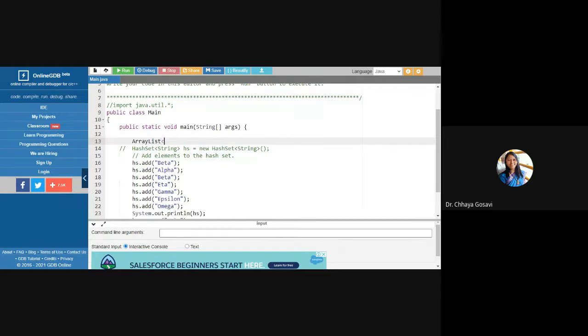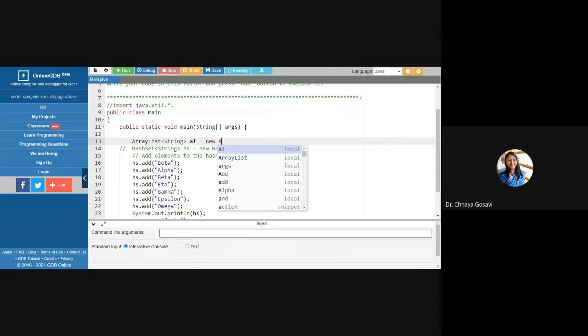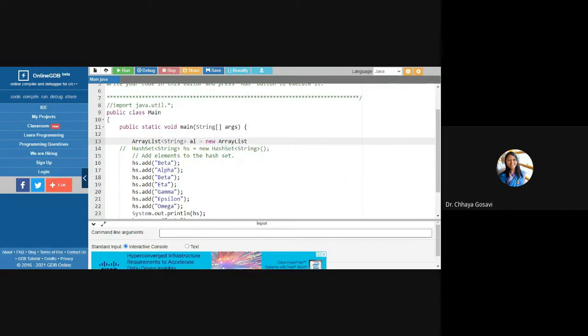Then we have to specify the type of ArrayList that we want to create. Suppose we want to create a String ArrayList. And then the name of our variable, say AL. Name of ArrayList is AL is equal to new ArrayList. Again, we have to specify the type in triangular brackets. We are creating an ArrayList of Strings.